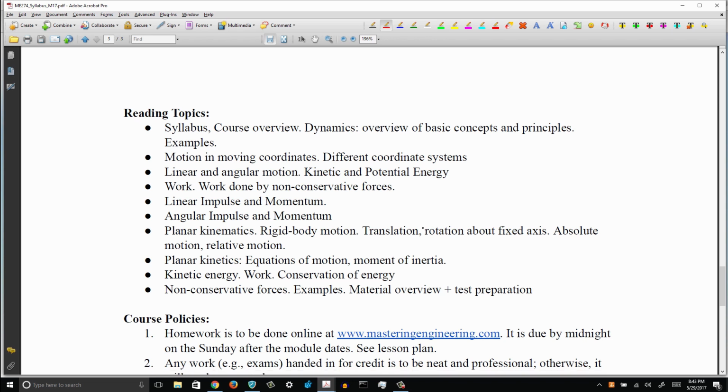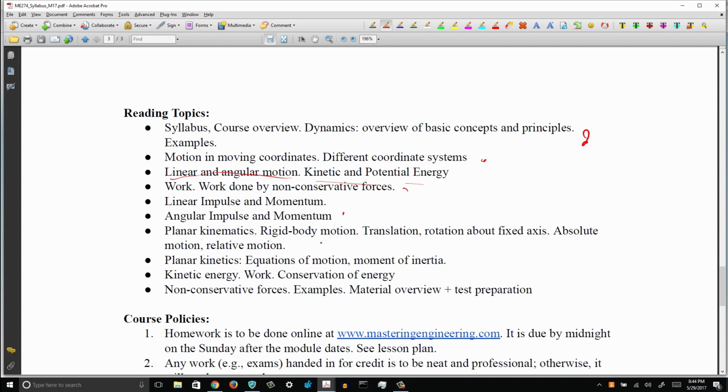Here are the different reading topics. Of course, we do the syllabus, the course overview, and a broad overview of basic concepts and principles. We're going to talk about motion and moving coordinate systems and different types of coordinate systems, linear and angular momentum, kinetic and potential energy, work, and also work done by non-conservative forces, linear impulse and momentum, angular impulse and momentum,